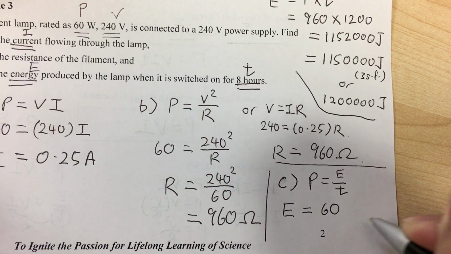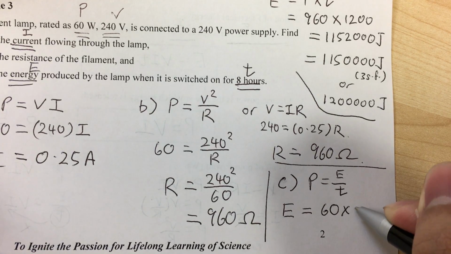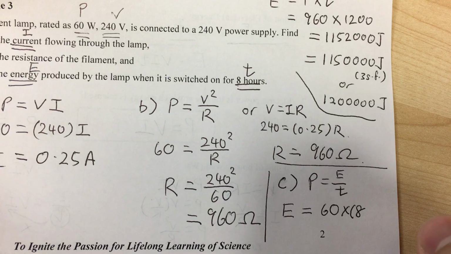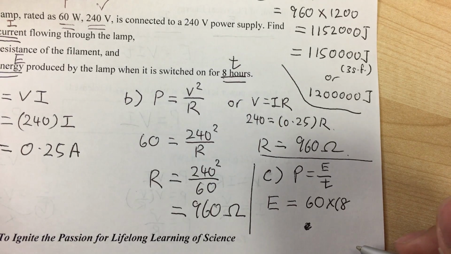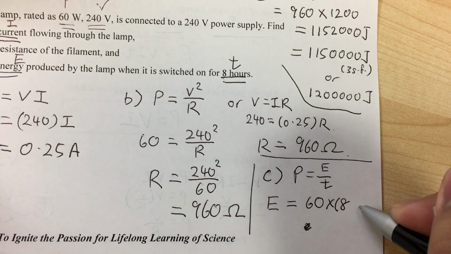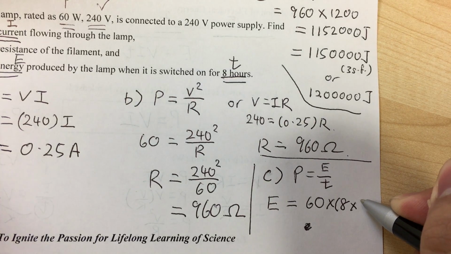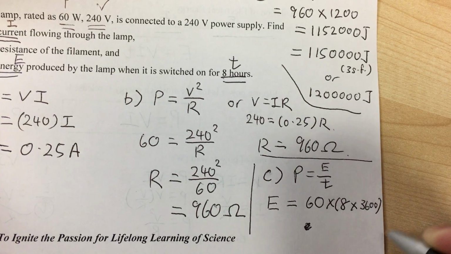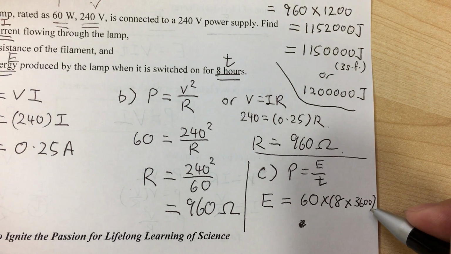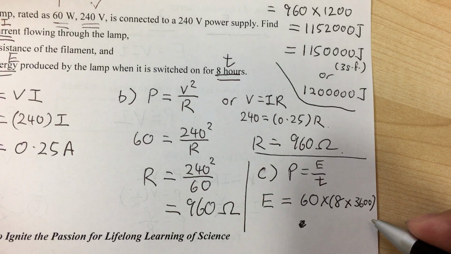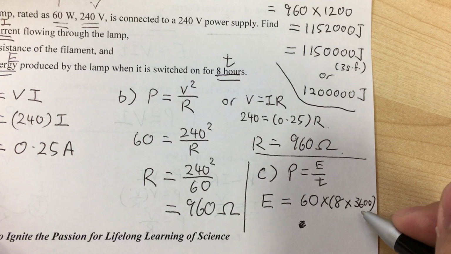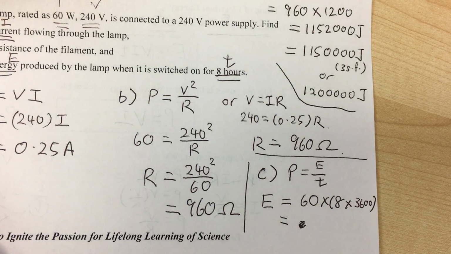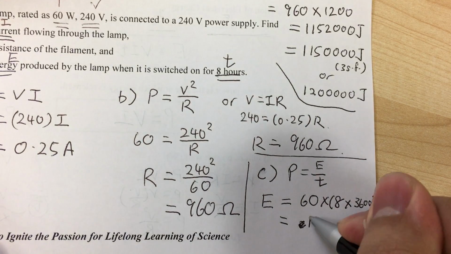So energy is power, 60 watts, multiplied by time, which is 8 hours. But take note of what I mentioned just now. Time should be in seconds. So please convert it into seconds. For those who have forgotten, 1 hour is 60 minutes, 1 minute is 60 seconds, so 1 hour is 3,600 seconds. Please do the calculation, and you'll get this value,